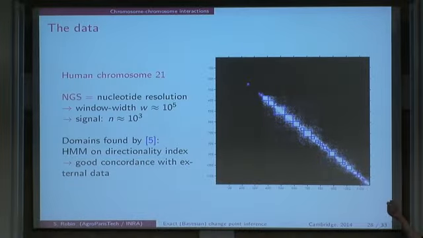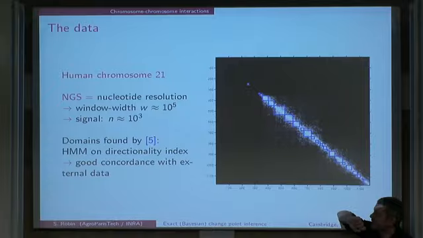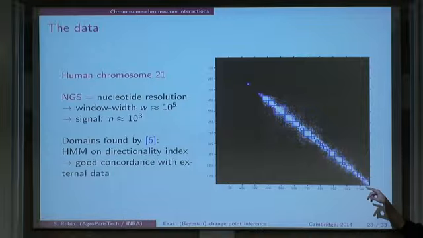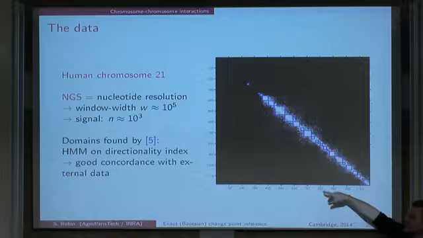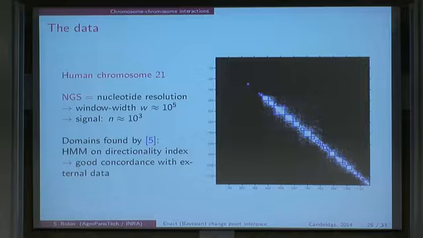So the kind of data you end up with is this one. The first thing you may notice is that it's a human chromosome, so the length is something like 10 to the 7 because it's one of the shortest ones. But people compress the data very much into windows of width something like 10 to the 5. I was telling you that the resolution is wonderful, it's 1 nucleotide, and the first thing you do is, okay, 10 to the 5 nucleotides, and then you end up with a matrix of a few hundred by a few hundred, but something